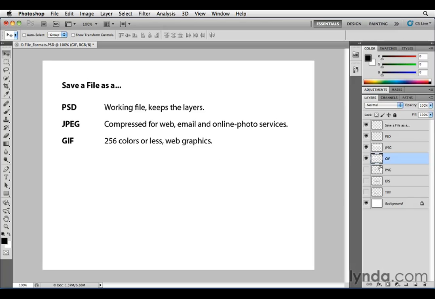There's a third file format that is used for web graphics, but also just interactive content. And that's the PNG file format, or PNG. It's great for working with Flash. It's also a file format that you might use when you're doing presentations. So like working with Keynote on Apple, the Macintoshes, or PowerPoint. And the reason why is that PNG is one of the few file formats that actually supports real nice quality